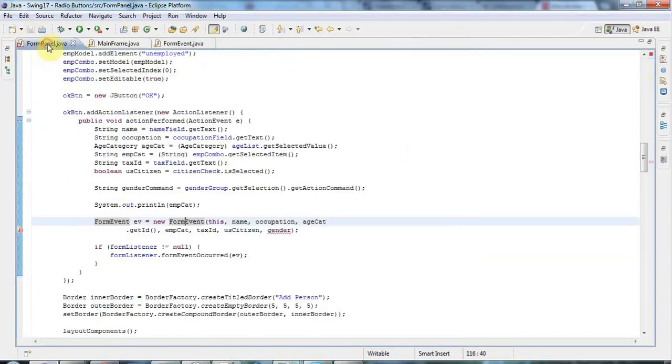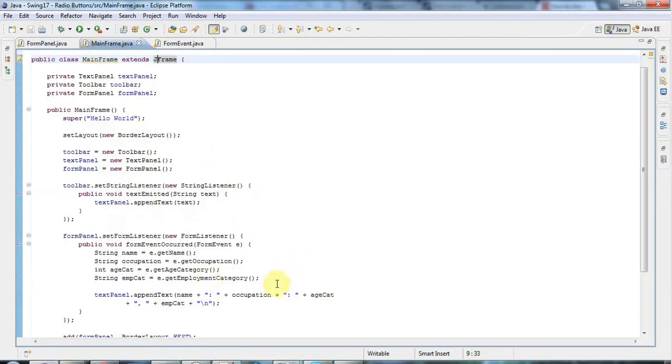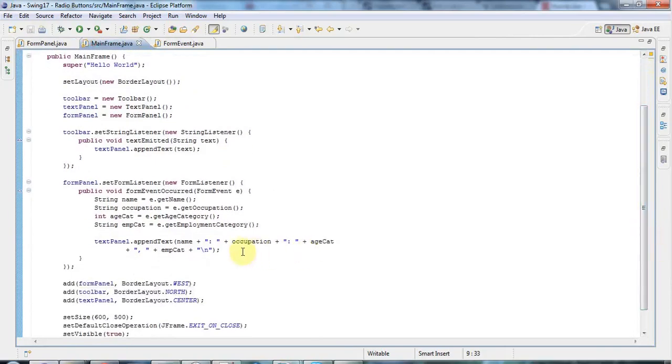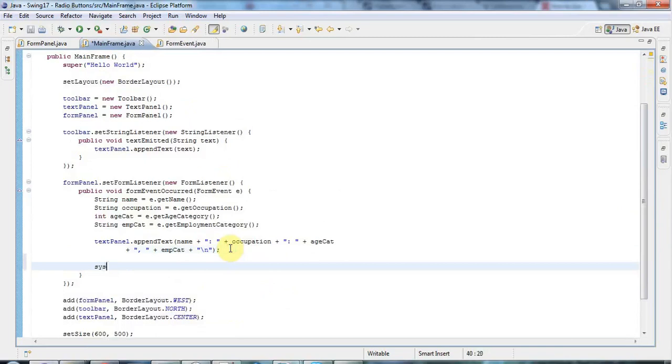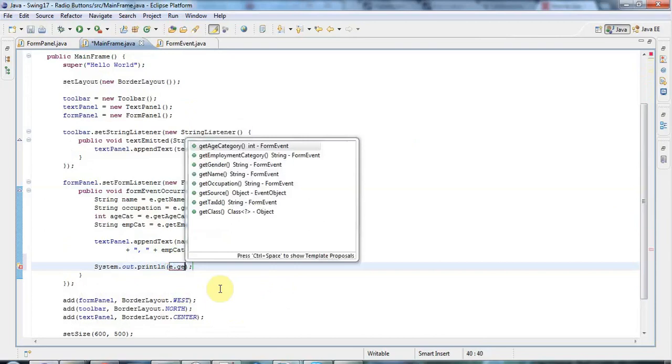And just to show you that working, let's change gender command to gender actually. That makes more sense. And in the main frame, of course, where I receive the event, I could make use of gender somehow if I wanted. So let's just do a sysout for the moment. So if I've got this form event e being received here, I can say e.getGender now, because I've just added that method,